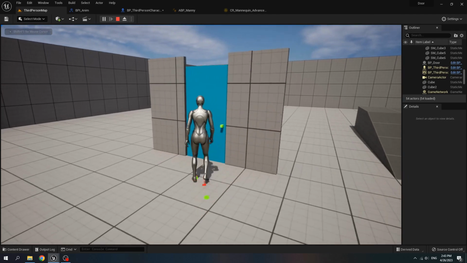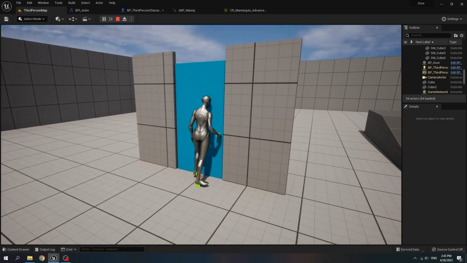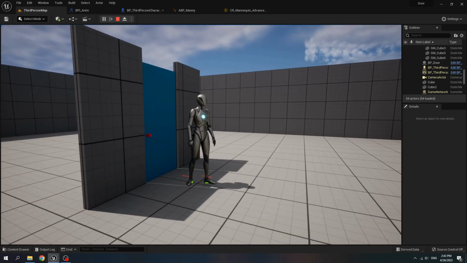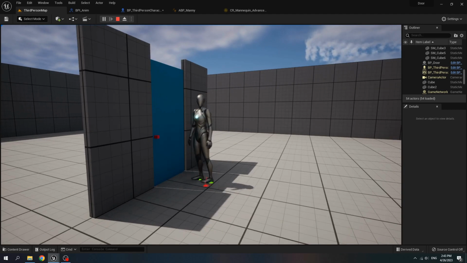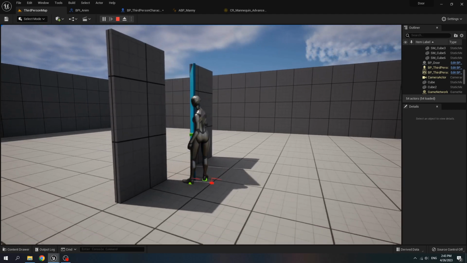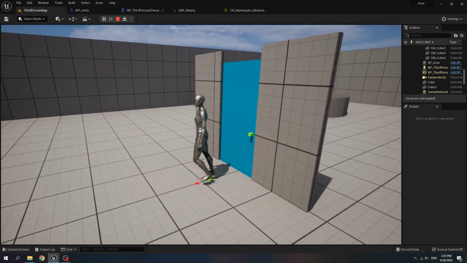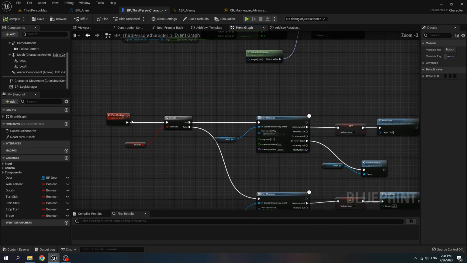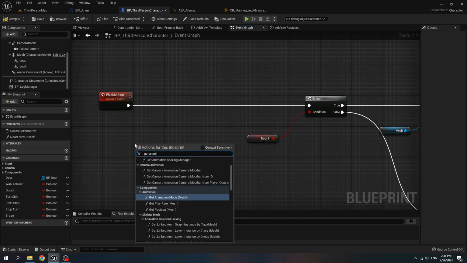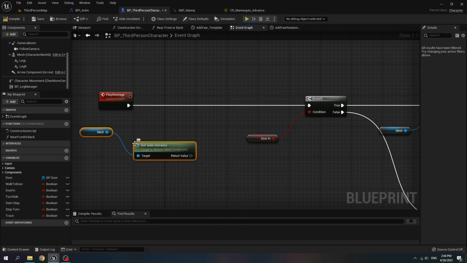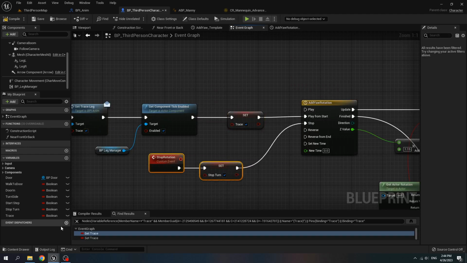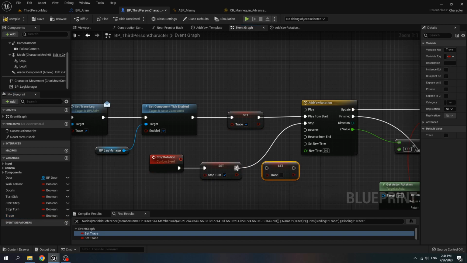Press E and the character walks. Press E, but we have not yet disabled the leg IK. For play montage, we get a name instance of the character, call set trace leg and set it to false. And when we stop rotation, set trace to false too.